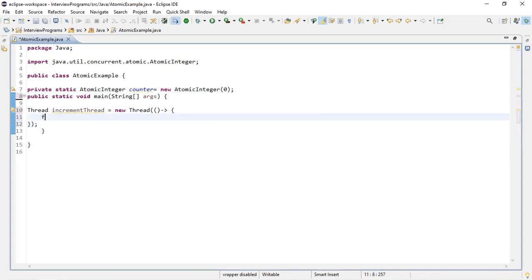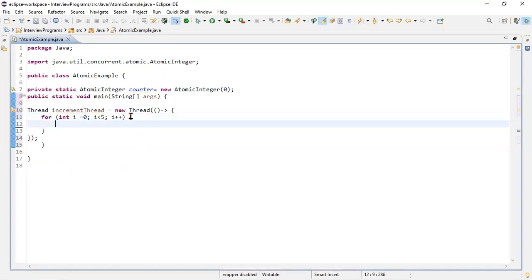Now take one for loop here, initialize integer i to 0 where i is less than 5 and increment the operator i. Now int current equal to